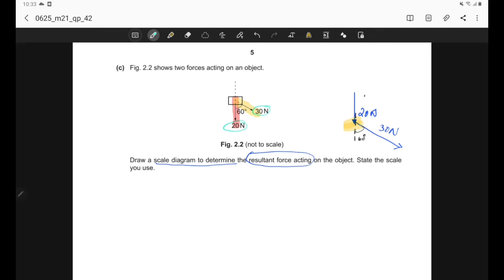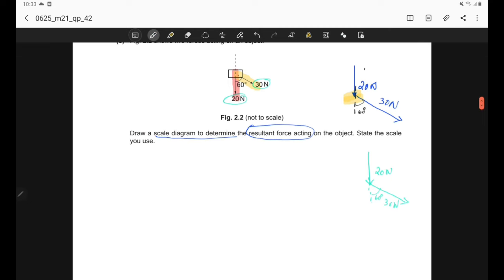But when you draw, you have to make sure when you draw the 20 Newton vector, the 30 Newton you should connect in such a way that the head of 20 Newton should connect to the tail of 30 Newton force, and you should take a protractor and measure it's at 60 degree away from vertical line. As I am drawing on the screen I cannot use a ruler, but when you draw you should take a ruler and a protractor to